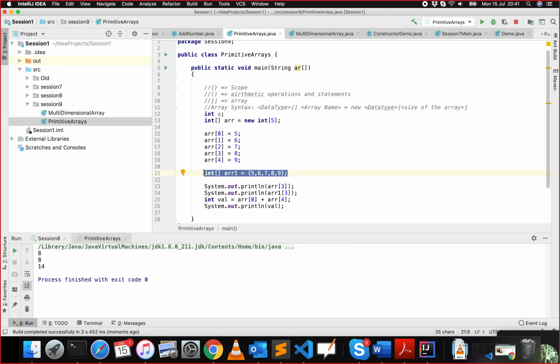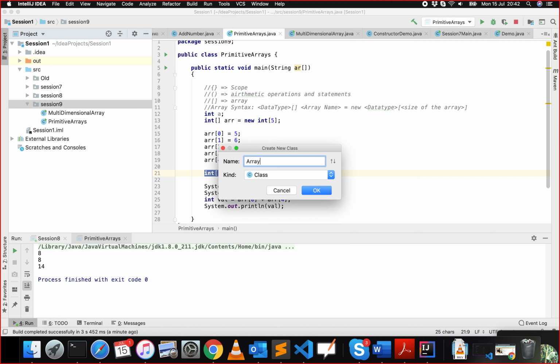But if you don't know what the values are going to be, and usually in most circumstances you won't know them, say for example we want to get 5 integers from the user itself. That's a good program. We will see how we will do that. Say for example I need to get an average of some values, and I need 5 integers from the user. So how we will do it is